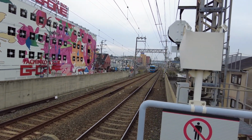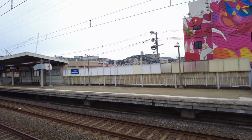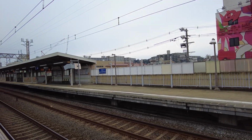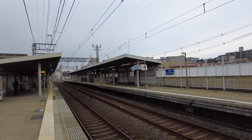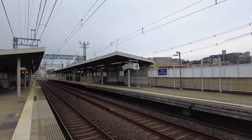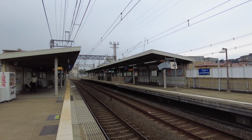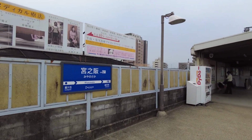Okay, hello everybody, and welcome to Hirakata City in Osaka Prefecture. And what you just saw was the special, especially decorated Keihan train for Thomas and Friends, the cartoon. So, hello everybody, and today I'm here